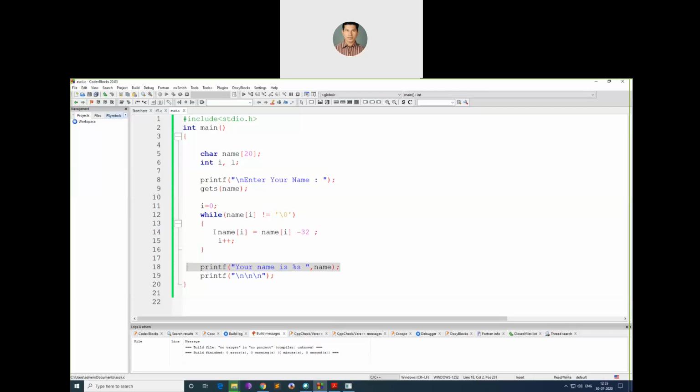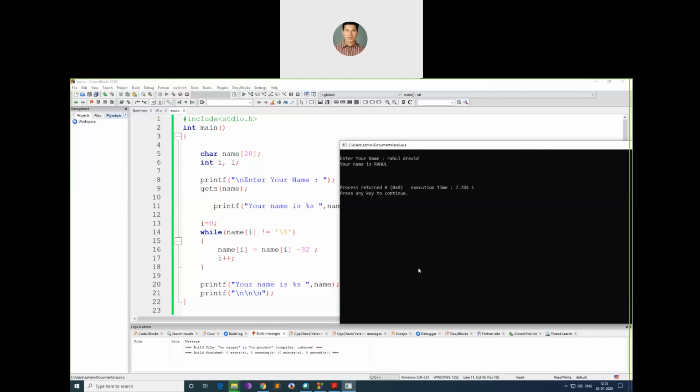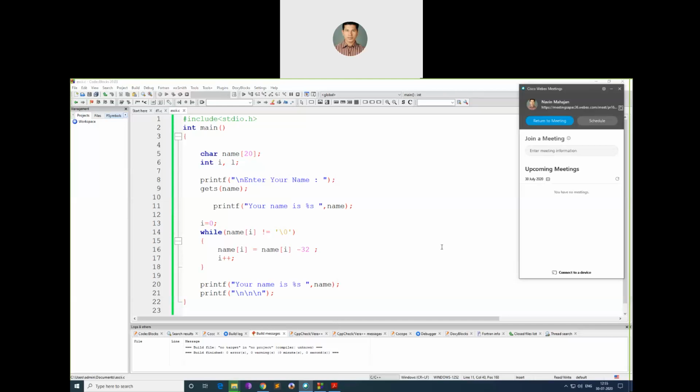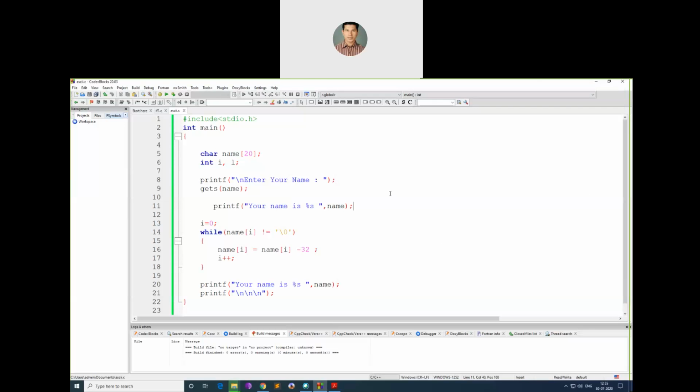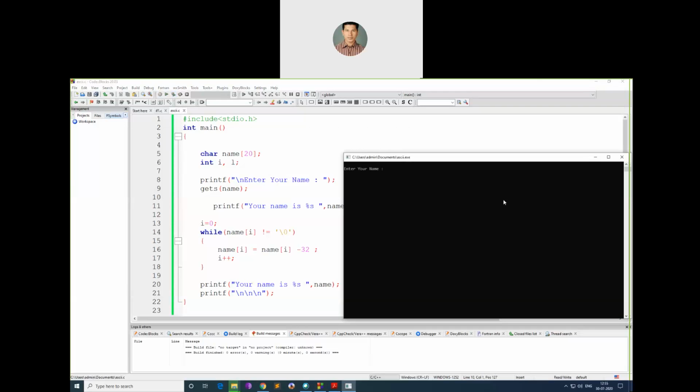Why is it happening here? gets should have worked. Okay, I will tell you what will happen. We should always confirm whether what we entered in the input is proper.